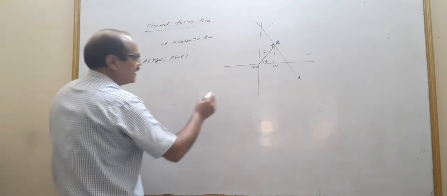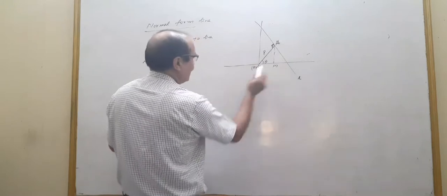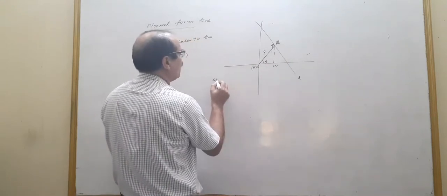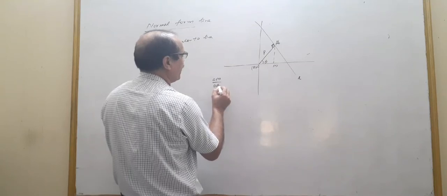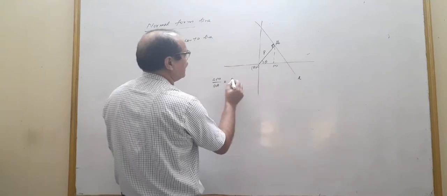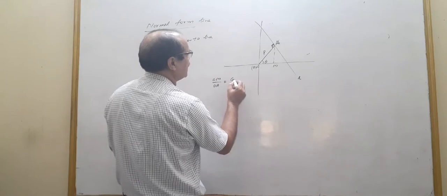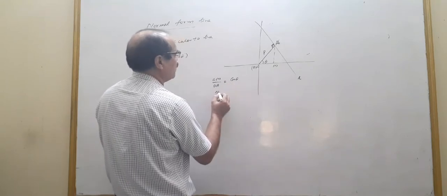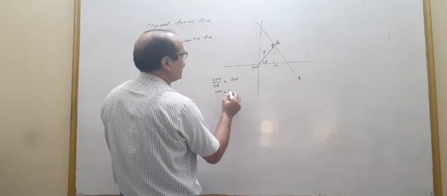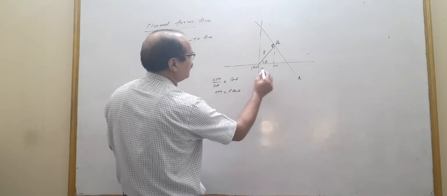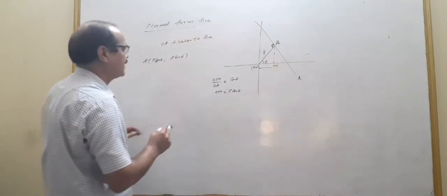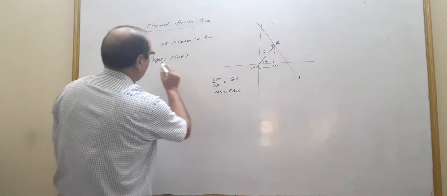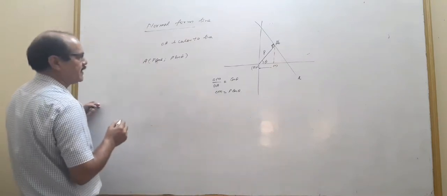Okay, so you see, this is a right angle triangle. Now in this right angle triangle, OM upon OA is equal to base upon hypotenuse, that is cos of the angle. So therefore OM is equal to OA cos theta, that is P cos theta. Therefore this distance becomes P cos theta, this is P sin theta. So therefore the coordinates of the point A are P cos theta and P sin theta.